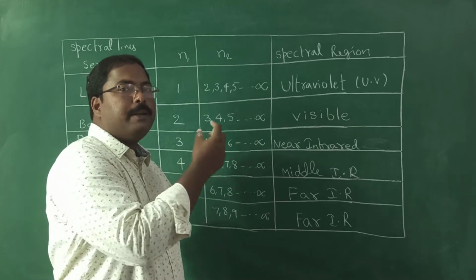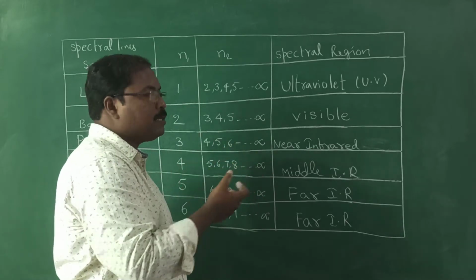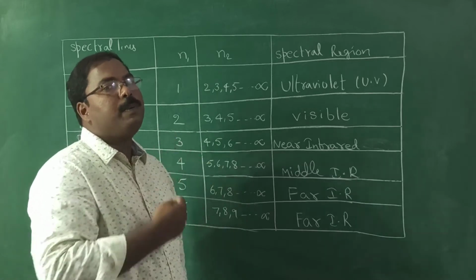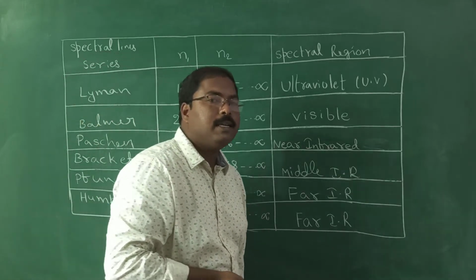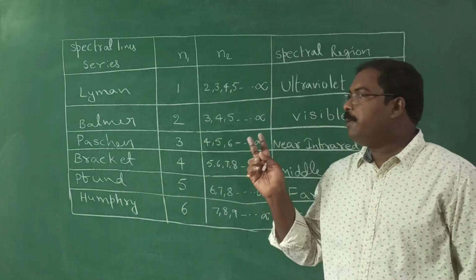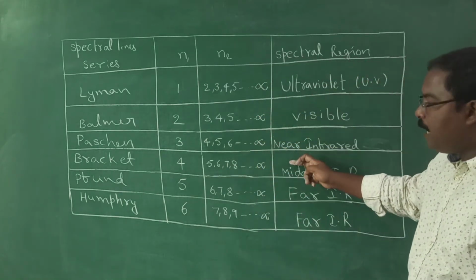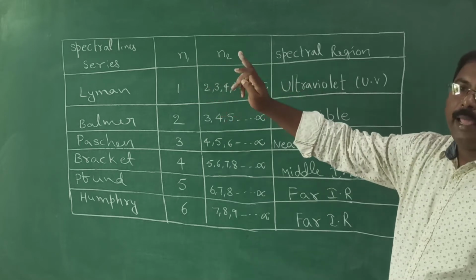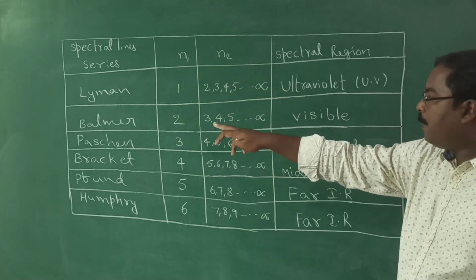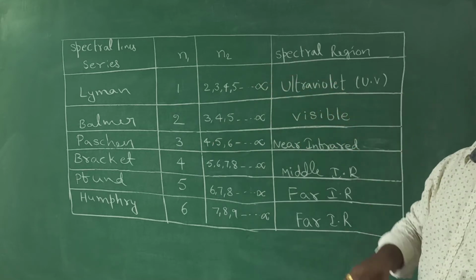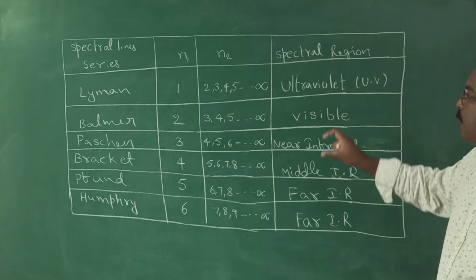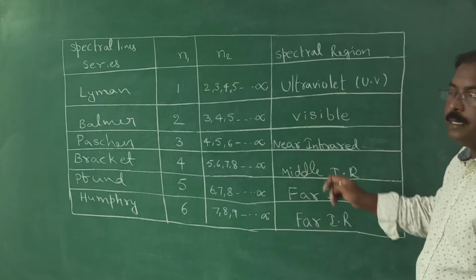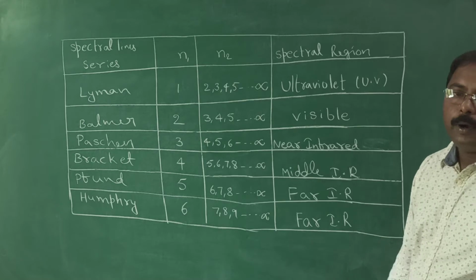Okay? So many times they are asking questions, and they will ask you, which of the following series of lines are observed in visible region? What will be the answer? In the same order, UV, visible, IR. Okay? UV is observed in the case of Lyman series of lines. Balmer series of lines are observed in visible region. Okay? So you have to remember these things. Got it? So first copy all these. Then we will go to some important points.